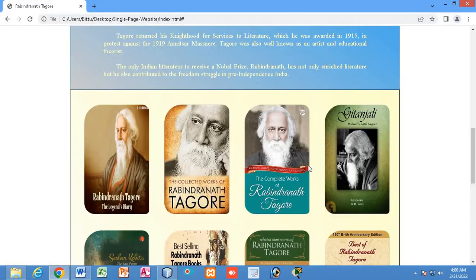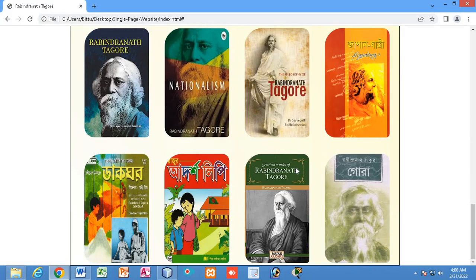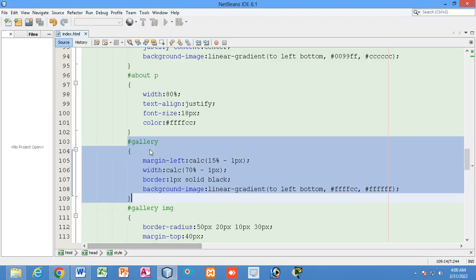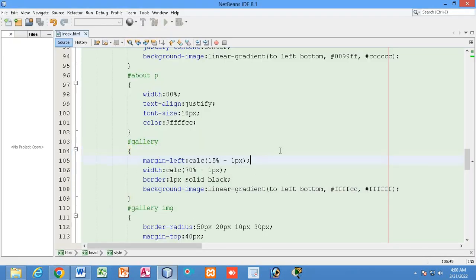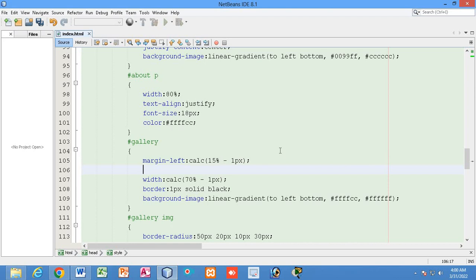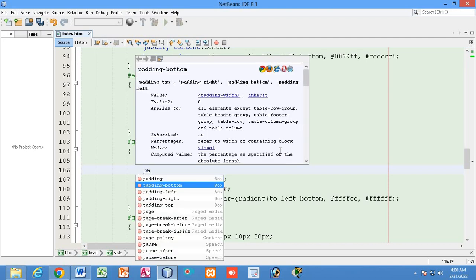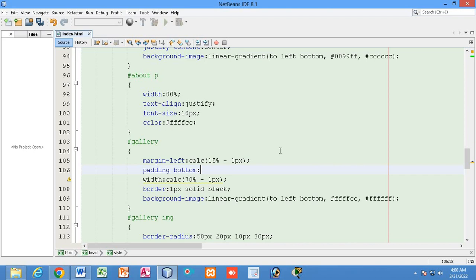Now we can see we have a space at the top, but we don't have a space at the bottom. So to have some space at the bottom, I will do one thing. In the gallery I will add padding bottom. How much? 40 px. It should match the 40 px. I have applied 40 px padding bottom for the gallery.